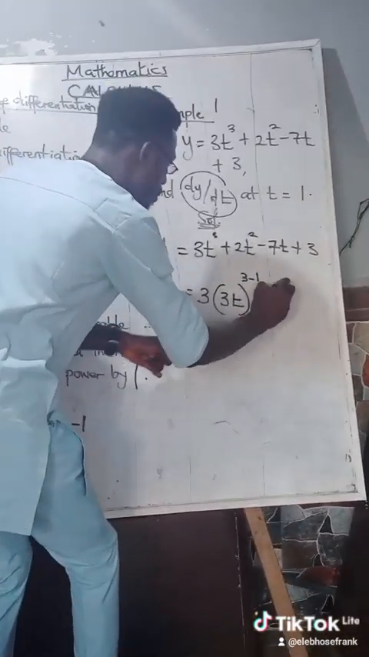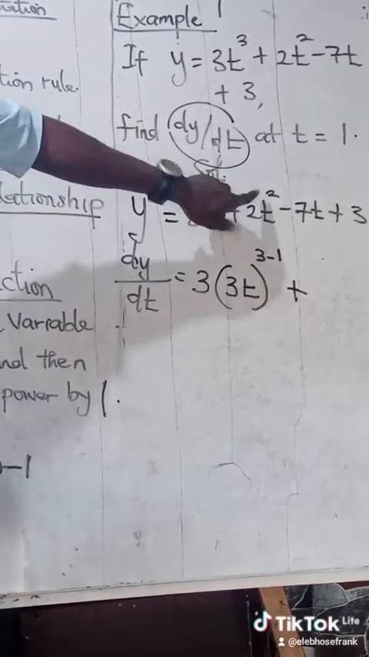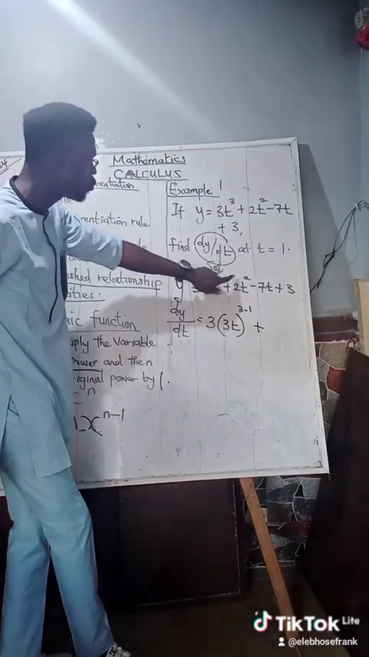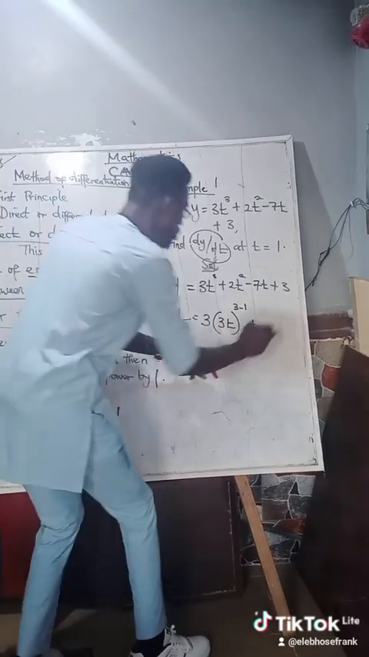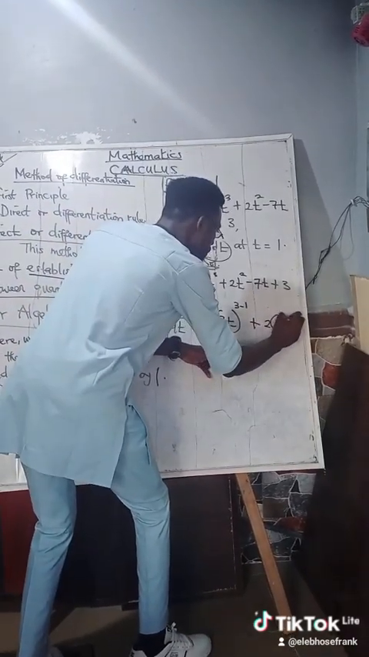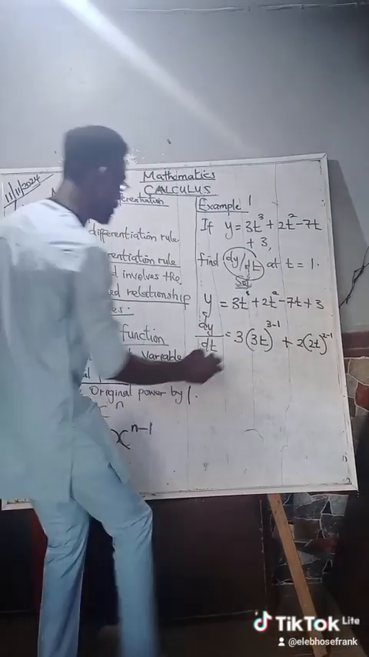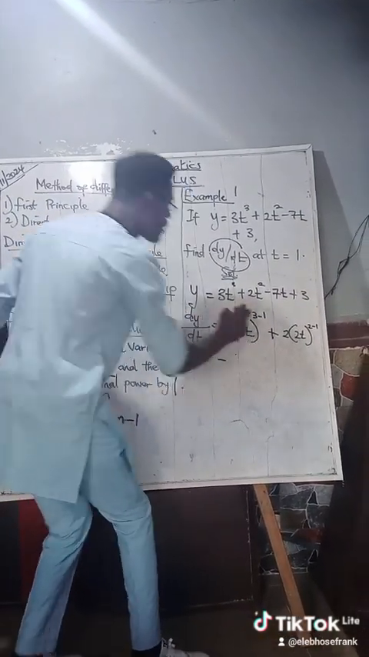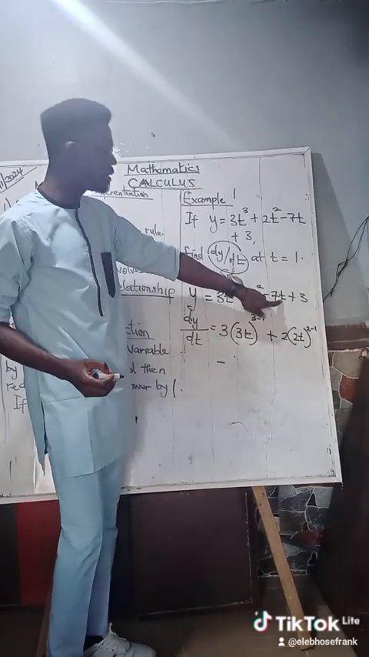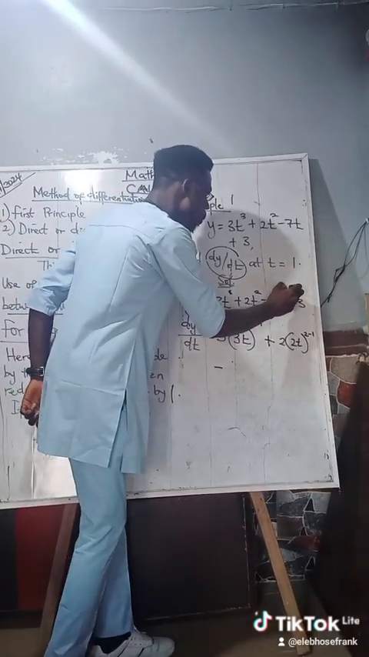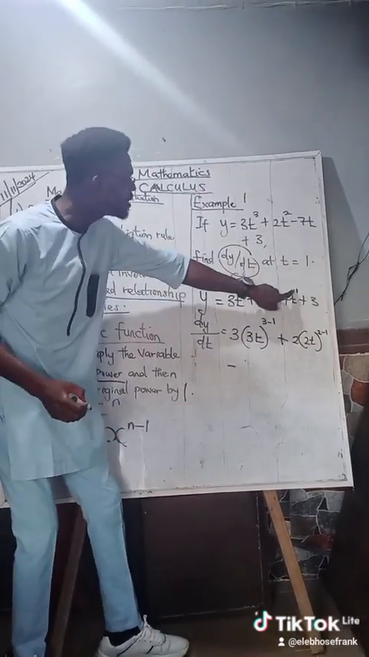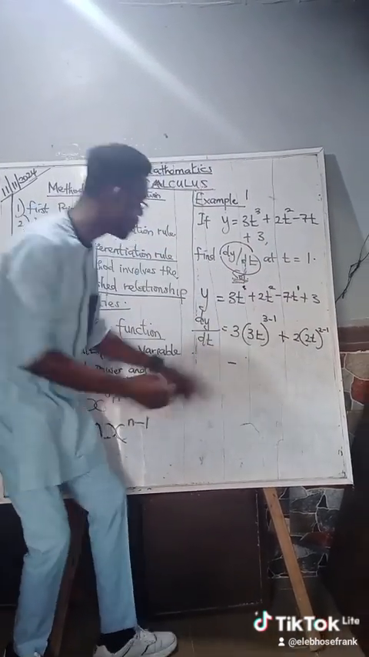Now that's for this term. Then I move to the next, 2t squared. I bring down this power 2 to multiply the variable, which is 2t. So 2 multiplying 2t. Then I reduce the power by 1, 2 minus 1. Are we together? Then minus 7t. Now 7t simply means 7t raised to power 1. Now I use this 1 to multiply the variable. That is 1